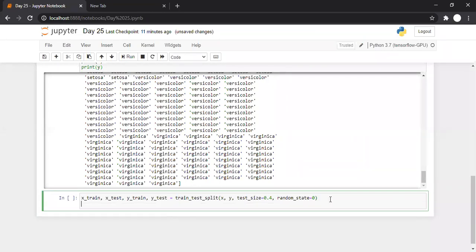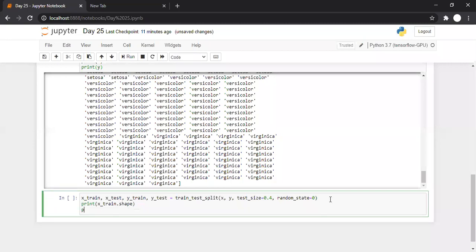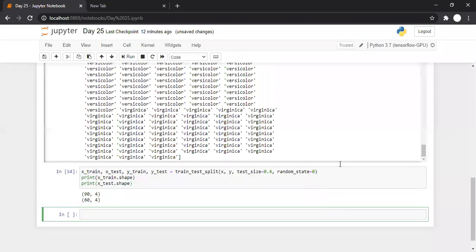So the data is split, and now let us check how many records are there in the training part and testing part. For that we can use x_train dot shape and x_test dot shape.